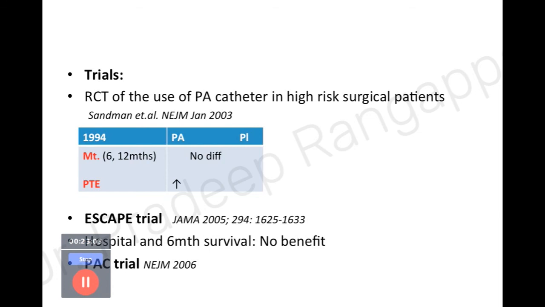At least the traces are what would be important, and conceptually you should understand zone 3 wedging and why it is important, the relationship between the alveolar pressure and the pulmonary artery pressure, what the derived variables of the pulmonary artery are that we can get, and some of the complications. That's all we would ask in the exams. So I think with that you should be able to answer most of the questions.